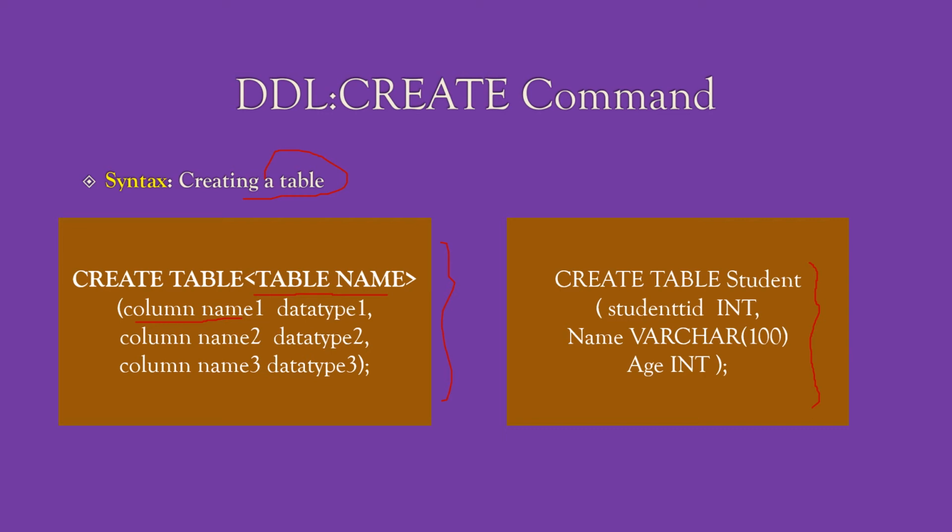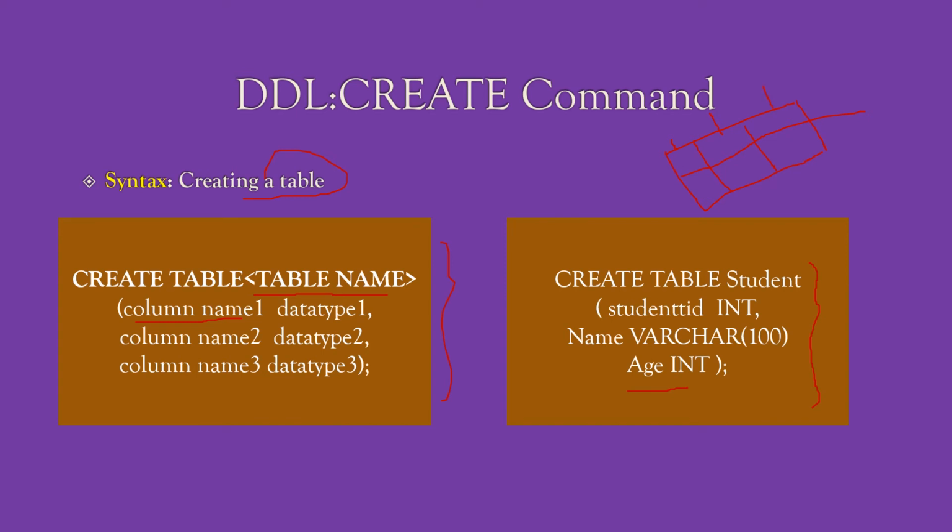For example, I am going to create a table named student. Then I have to store the details of a student: student ID, student name and age. These are the 3 columns in my table named student. In an RDBMS, data is stored in the form of tables. Here, this is the table named student. Then there are 3 columns. The first one is student ID, the second one is student name and the third one is age.